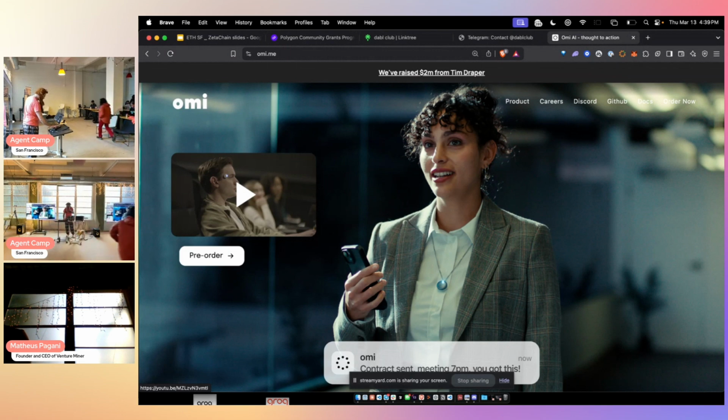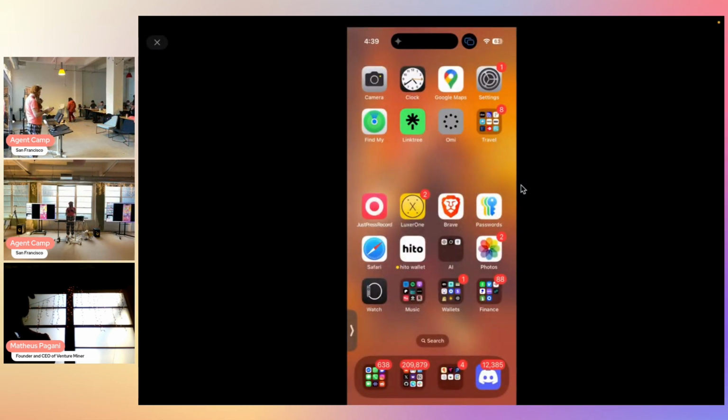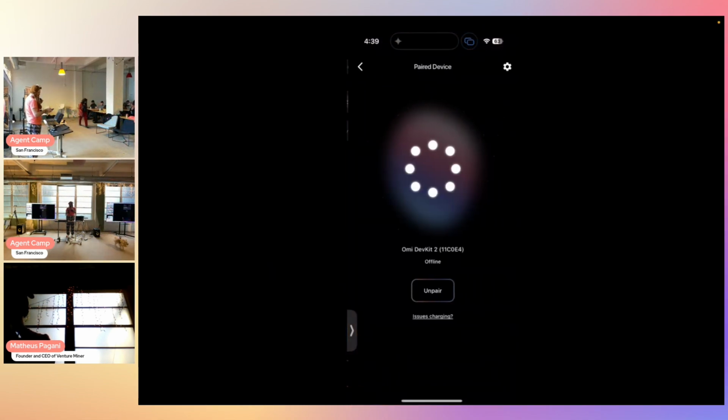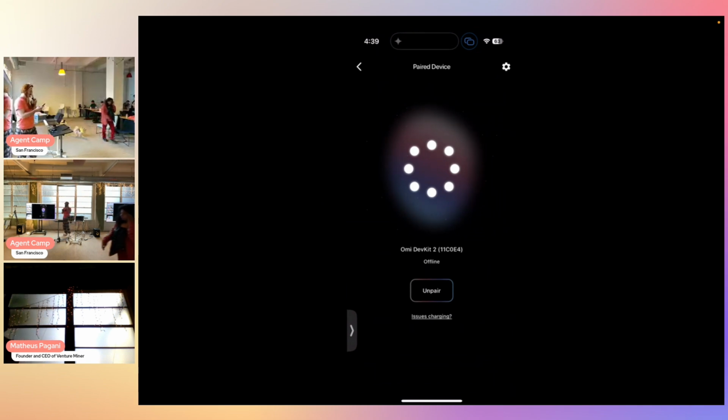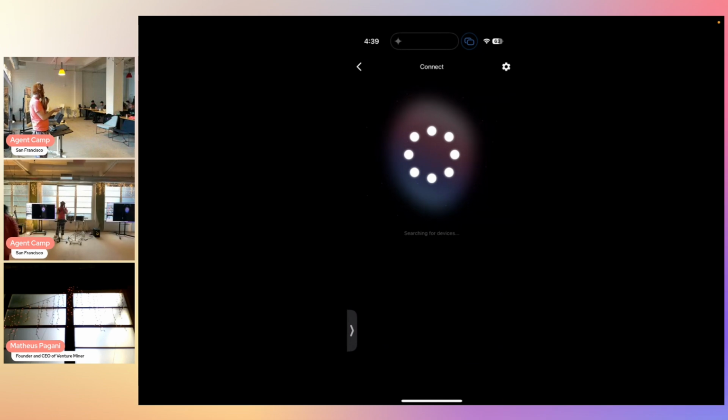So I'm going to do a quick demo of the OMI so that you guys can see what the OMI device actually looks like to use in the mobile app. Once you connect the OMI device to your phone, I'm just going to disconnect. Right now, I'm connected to my dev kit that I'm wearing right here. I'm going to unpair it, go up here, and see the nearby devices, searching for devices.